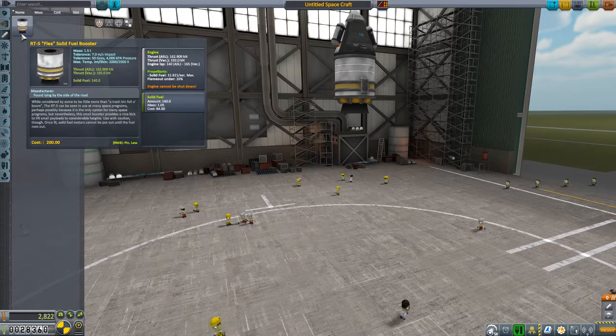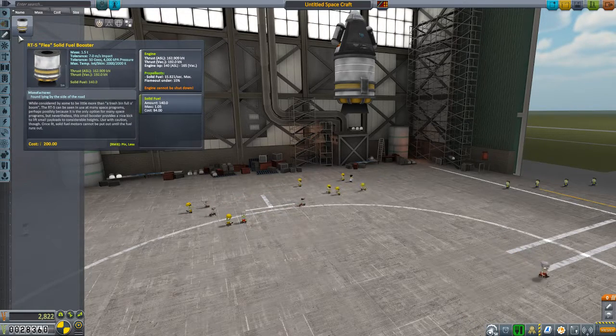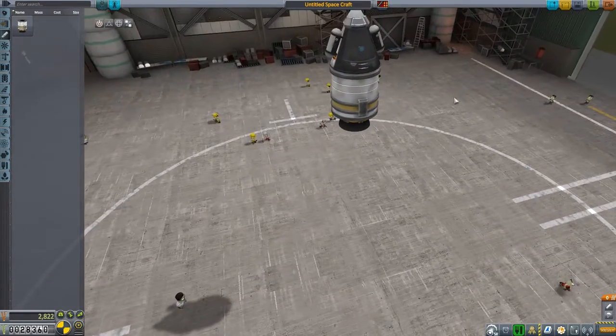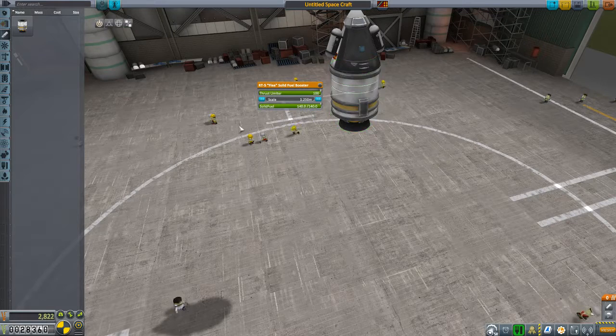Nevertheless, this small booster provides a nice kick to lift small payloads to considerable heights. Use caution though, once lit, solid fuel motors cannot be put out until the fuel runs out. Not be shut down. That's the problem with the solid rocket boosters. What we can do, and maybe not everyone does this, which probably results in a lot of early deaths for